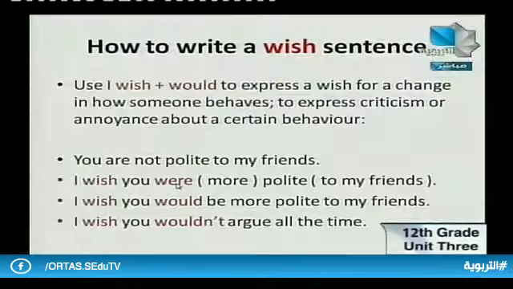Because it happened in the past, or it's related to some things that happened in the past, or in the present. Not only in the past, even in the present sometimes. And we wish to change or to be changed. You mean we are imagining something unreal about the present, which is not true. That's why we should use unreal past. Exactly. And this is why we use the past for this situation, to express that I wish it happened like that, or it didn't happen like that. So, dear students, please use unreal past.